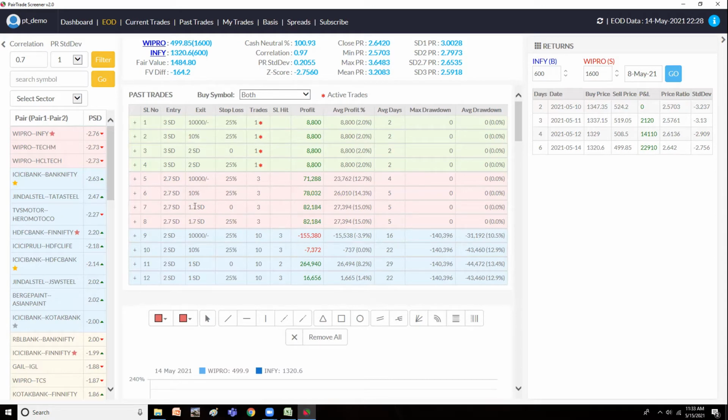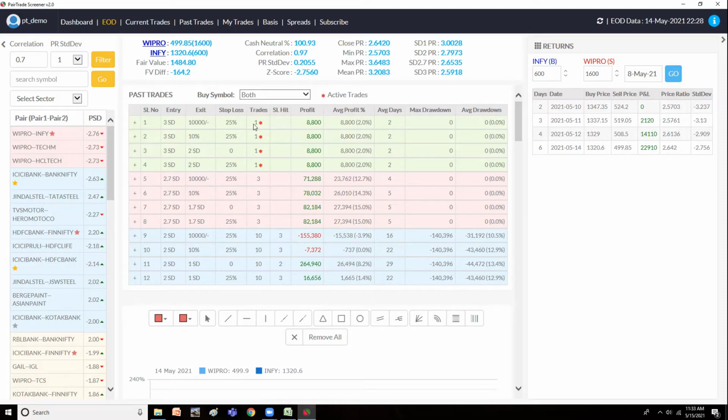Here the 2 combinations are same, but the stop loss is used in one combination and the stop loss is not at all used in the other combination. So the only stop loss here is the 60-day holding period. So if a pair goes beyond 60 days, we are just exiting that trade. So all the 4 combinations are displayed for 2SD also. And we know how many times this pair has come to that level, to 3 standard deviations.